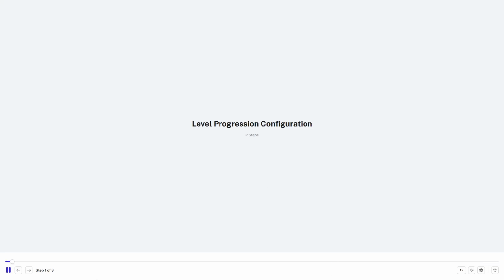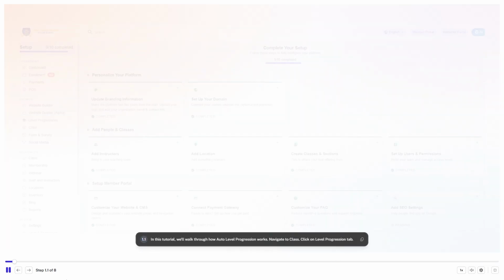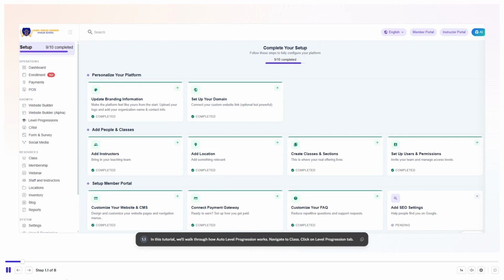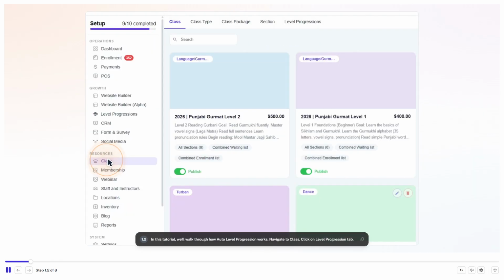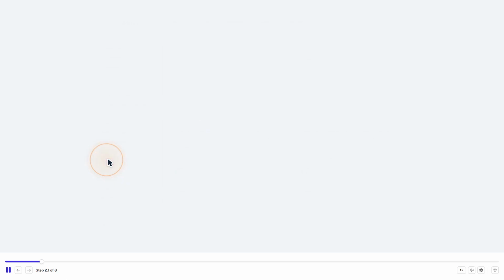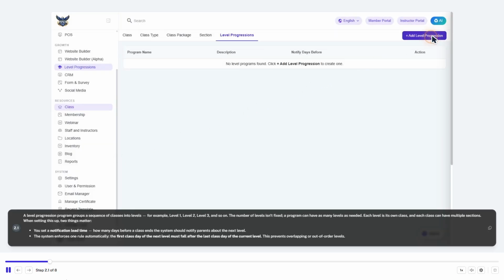Level progression configuration. In this tutorial, we'll walk through how auto-level progression works. Navigate to Class. Click on Level Progression tab. A level progression program groups a sequence of classes into levels, for example, Level 1, Level 2, Level 3, and